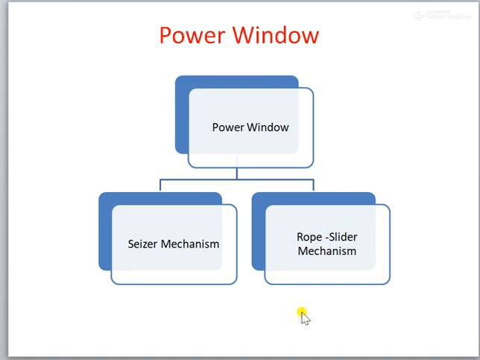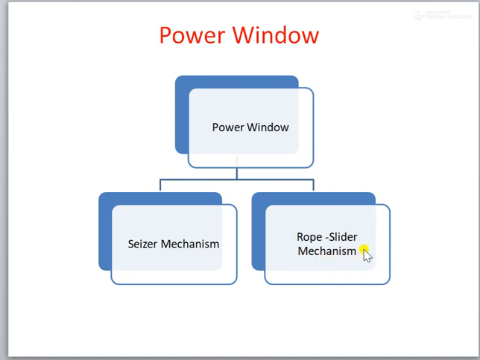But in case of the rope slider mechanism, many times we have to replace a part. Normally we use a track and ropes in the rope slider mechanism. Many times due to rust, after some span of time, the ropes break, or the slider regulator carriage breaks. In such circumstances, we have to replace the parts. But if you compare, this mechanism is more silent and gives a very smooth up and down movement.